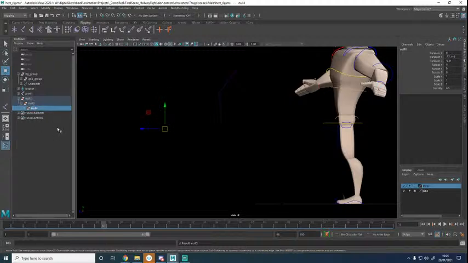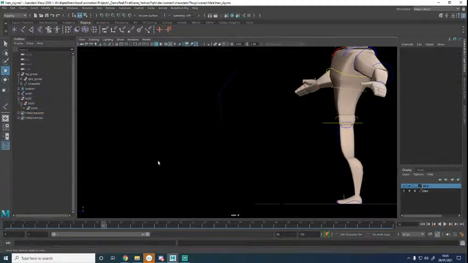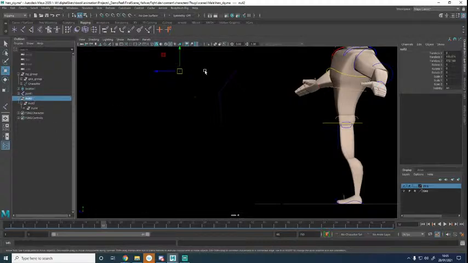I've used group nodes to create the same hierarchy as these locators, as this joint chain. The thing about the group nodes is they actually are invisible. You can't see them. So not only do they work just like a locator, but they occupy less space in memory because the application doesn't have to draw them. Why am I showing you this? Because